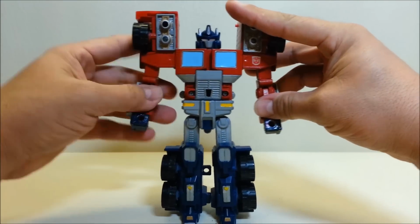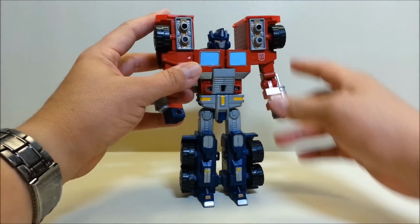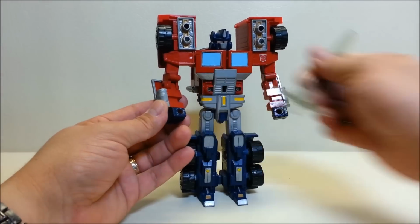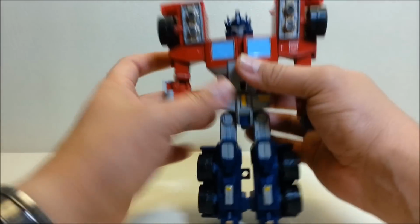Really nice. I can't blab on enough about this figure. I just really like the way this figure looks. Now, I'll go ahead and give him his... well, before I do that, let me show you that button